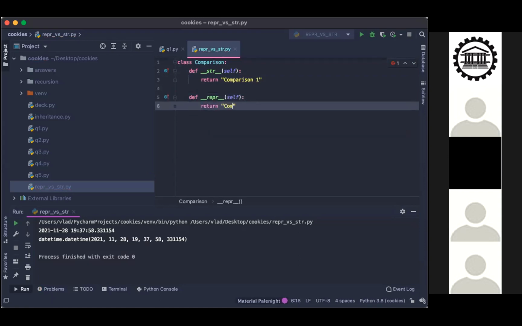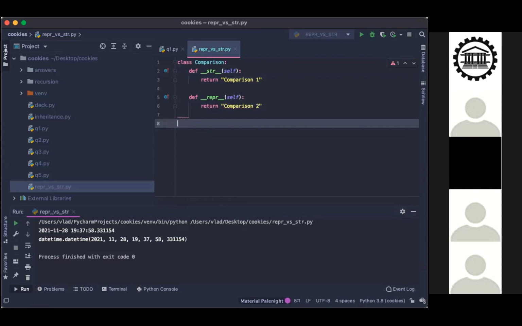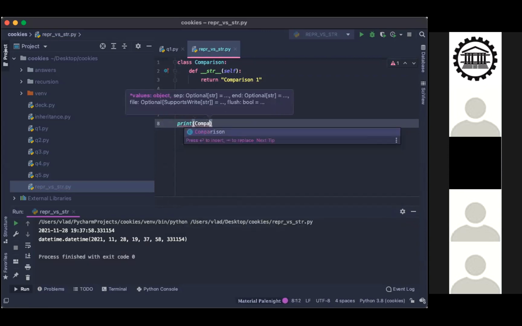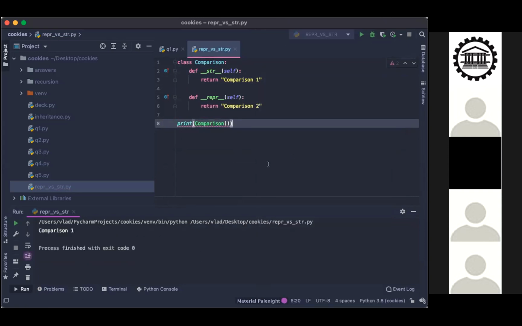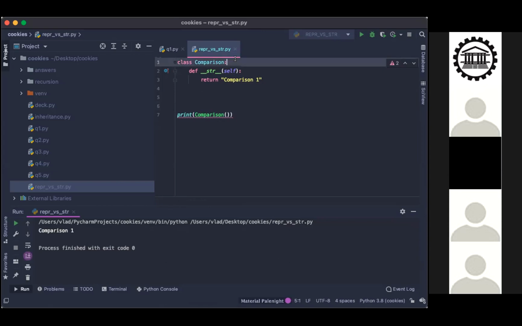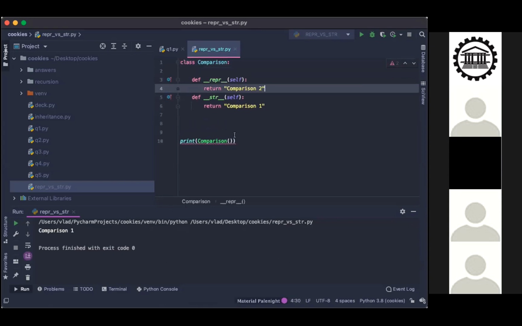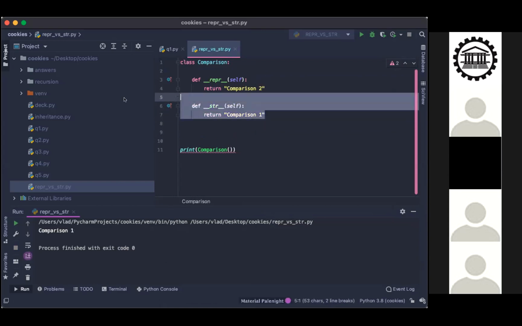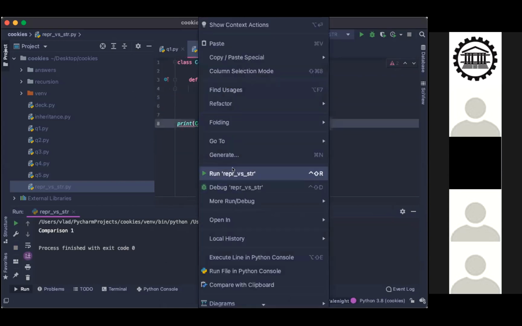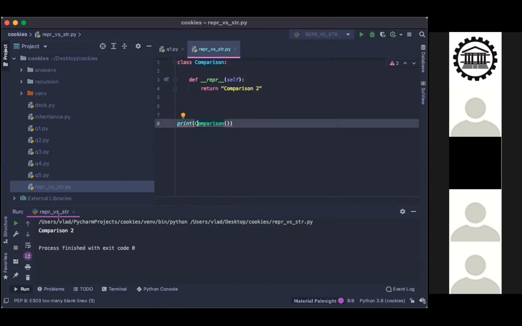This would return comparison 2. So if we print a new comparison object, here this would actually give us comparison 1. And this would even happen if we did this the other way around. So it prioritizes str, but if you don't have str, it falls back to repr right here.